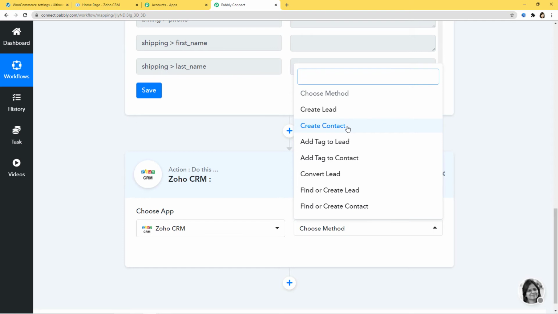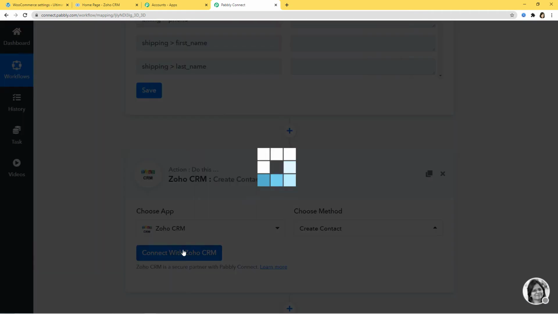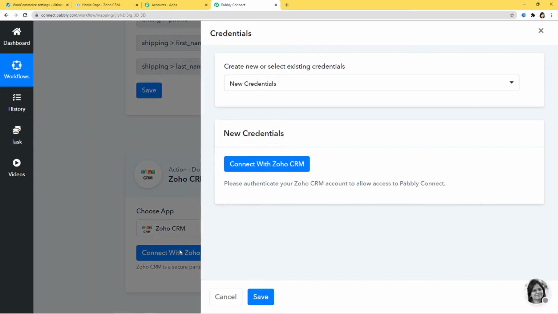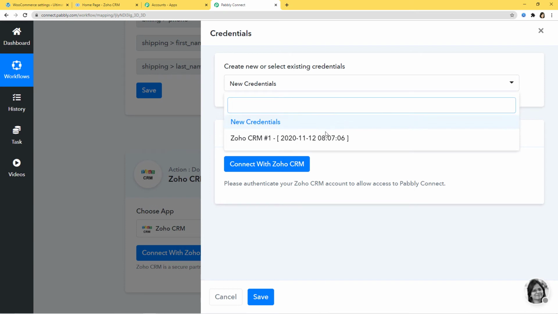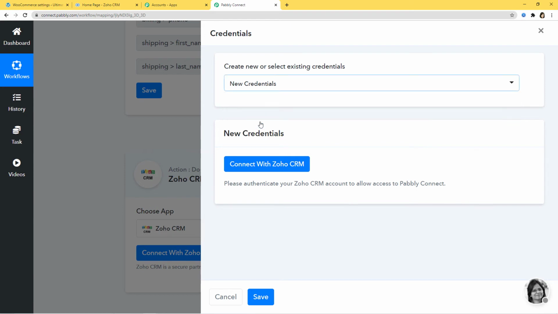You can select whichever you want according to your choice. And if you don't get the action method of your choice, you can contact our team at admin@pabbly.com and our team will help you to look for your specific action method. So I will click on create contact. Okay, so now I'm going to click on connect with Zoho CRM. Okay, so now in create new or select existing credentials, if you have any existing credential like this, you can directly click on it and then you can authenticate. But here I am going to click on new credentials